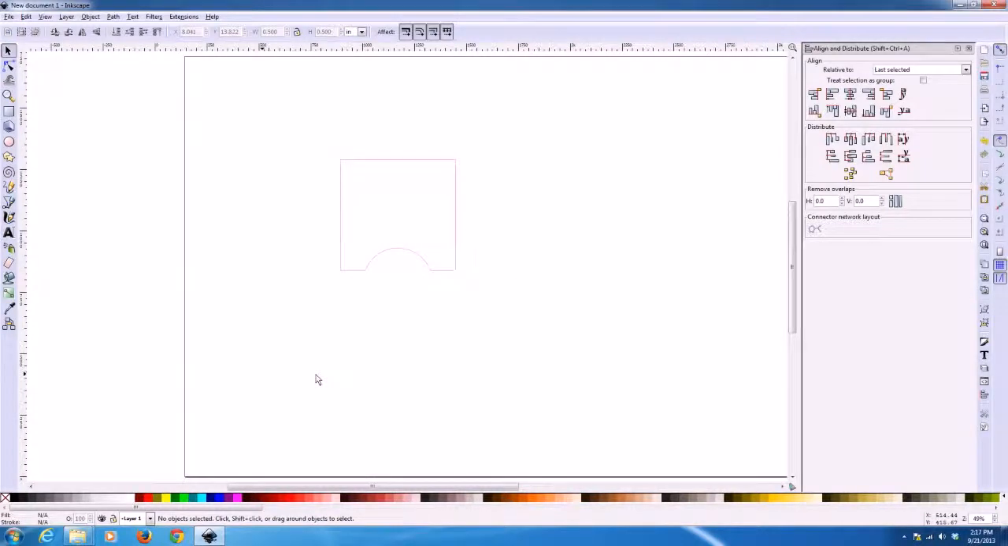Okay, so welcome to Laser Bytes Video 3. We're going to take this object and do a few more things to it. I'm going to enter in 3 circles and center them perfectly in the middle of this little design that I've got going. So I'm going to go ahead and click